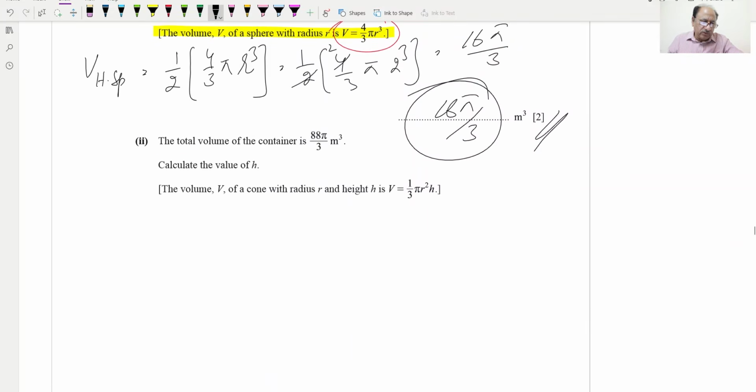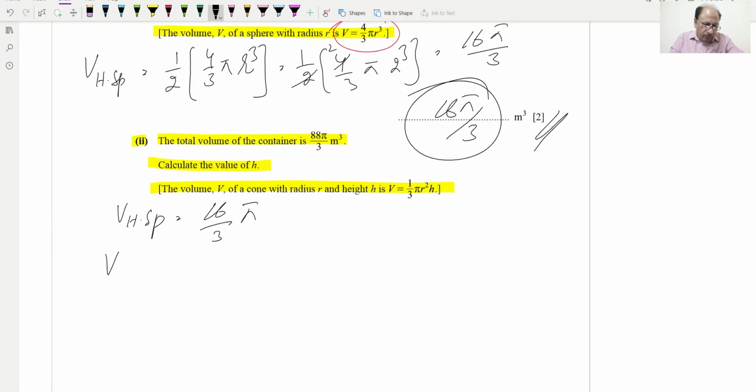This is a 2-mark question. Now the second part, the total volume of the container they have provided. Calculate the value of h, and they have also provided the volume of the cone formula. Now the volume of the hemisphere we have already found, I'll just copy that one, and this is equal to 16/3 pi,